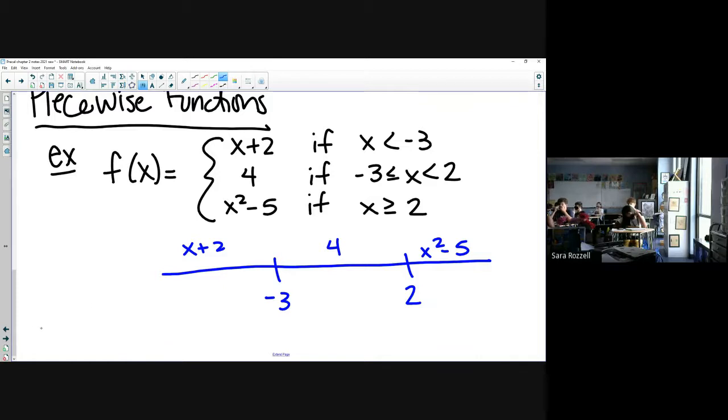I'm going to try f of -4. Here that is. Try f of 0. Try f of 2. And f of